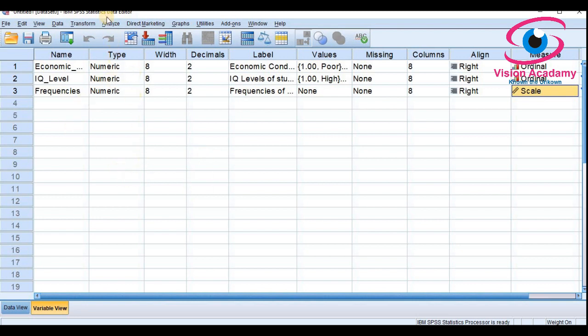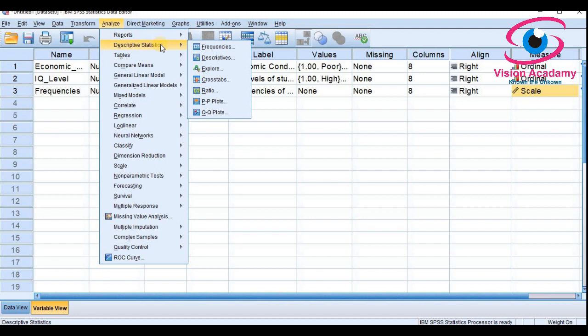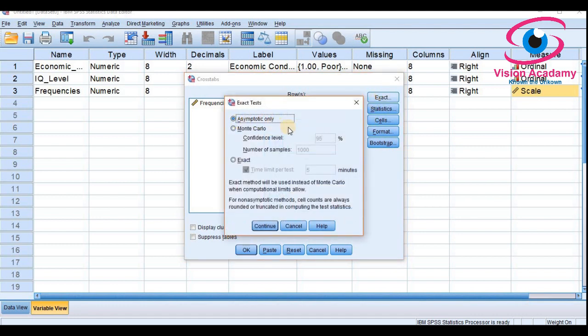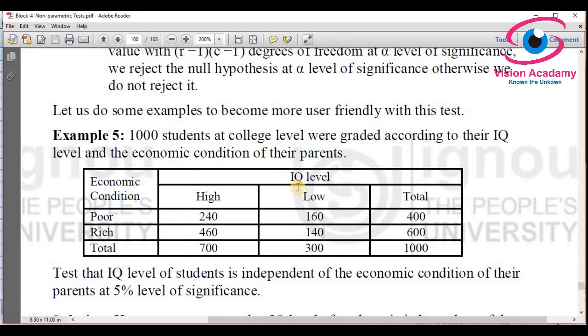Now you can go to analyze, descriptive statistics, crosstabs. In that you can take row and column interchangeably. Do not worry about that. I can take IQ levels of students to row, economic condition of parents to respective columns. In the exact option, asymptotic only is there, that's okay. Consider here confidence interval is 95% and significance level is 5%.